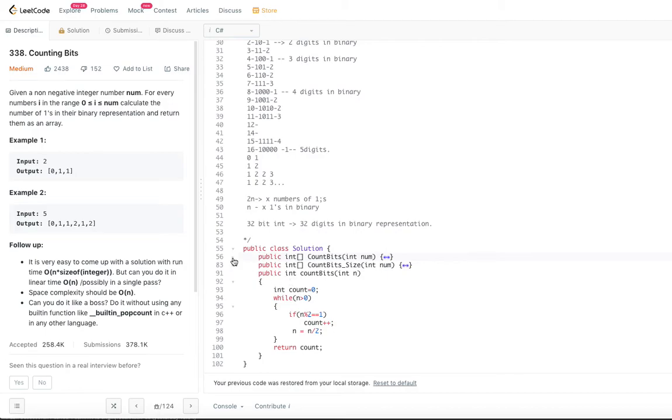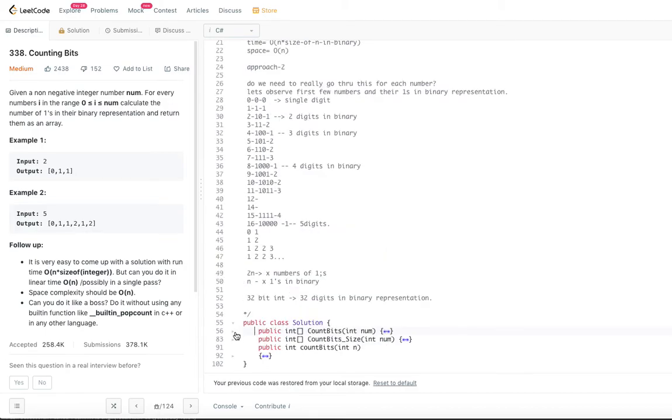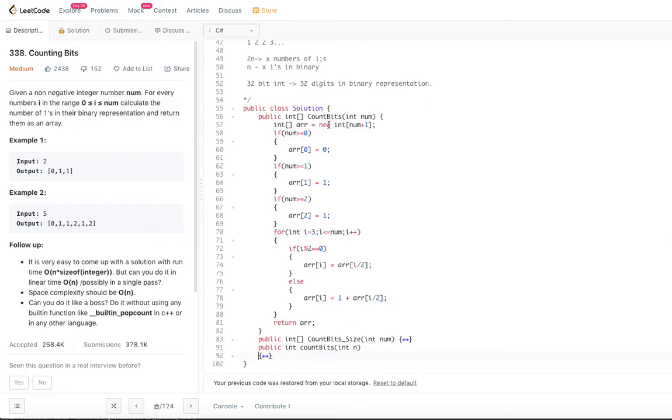So, the code is, let me open this. We do not need this, we have already gone through that. So, now array int num plus 1, basically we need from 0 to num plus 1, right? So, that is the array length. If num is greater than 0, we are initializing array of 0 is equal to 0. This is basically our seed, I said. So, 0, 1 and 2 we are seeding first. If the number is still greater than 2, we start from 3 because we have already done with 0, 1 and 2. So, now i is equal to 3, i is less than num, i plus plus.